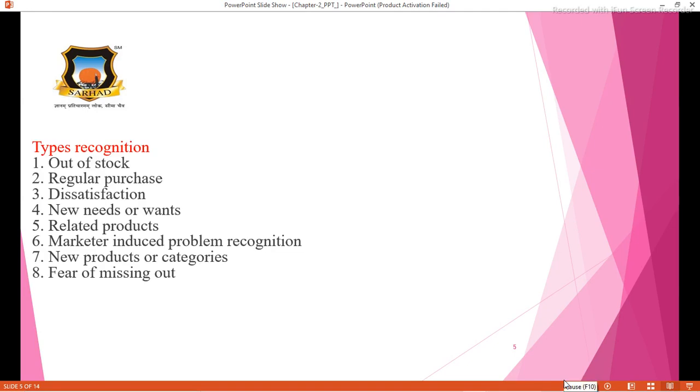Let us see the types of recognition. The first is out of stock, when a consumer needs to replenish stock of consumable items, for example, running out of milk or bread. The second is regular purchase, when a consumer purchases a product on a regular basis, for example, newspapers and magazines. The next is dissatisfaction,